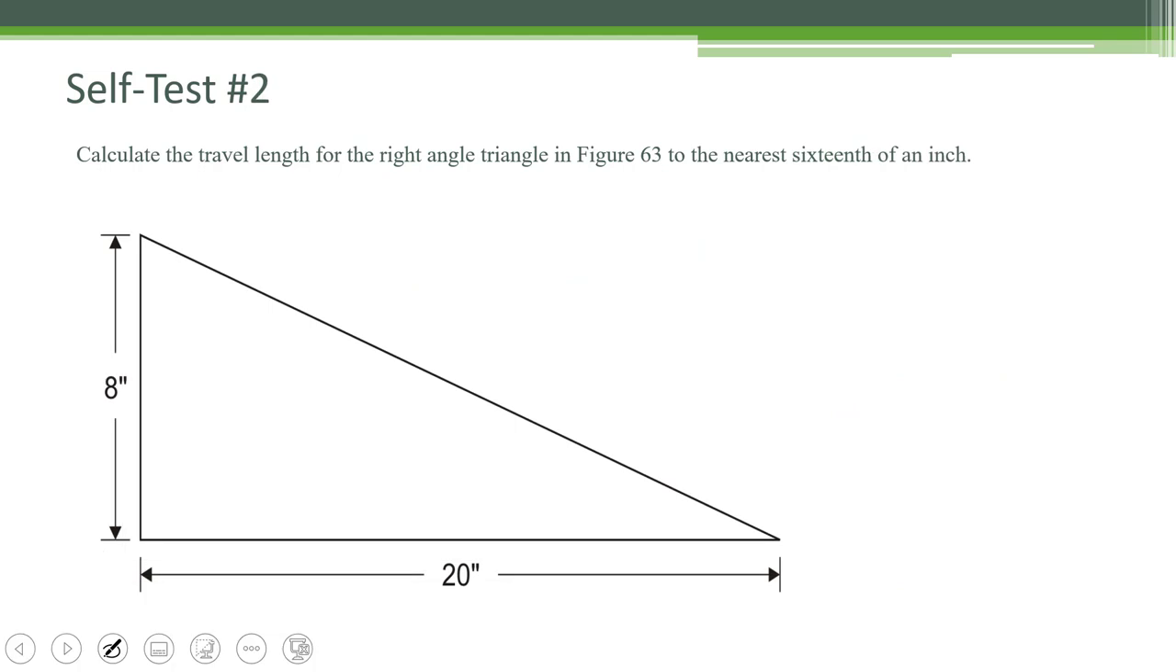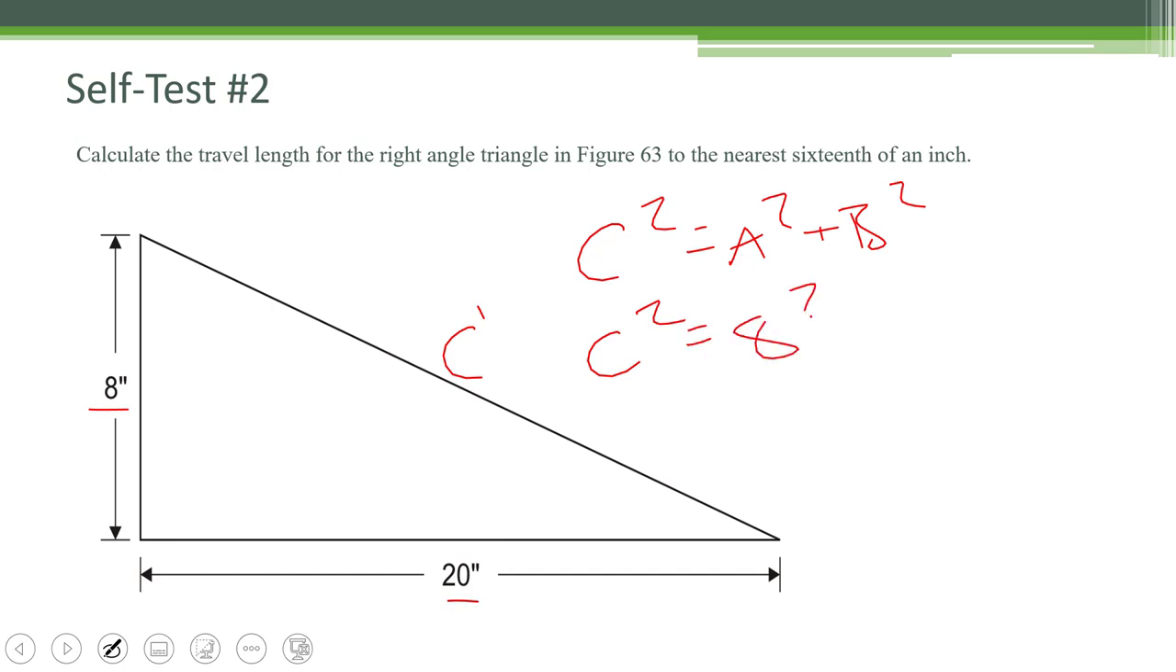Okay, question 2, more of the same. So again, it doesn't really matter which ones these ones are, but this one's going to be c. Okay, so c squared is equal to a squared plus b squared. So again, I'll go c squared is equal to 8 squared plus 20 squared. Okay, and with the FX260, it makes it really easy. I just go 8 squared plus 20 squared. Don't forget to push equals, shift that squared button, and I should get